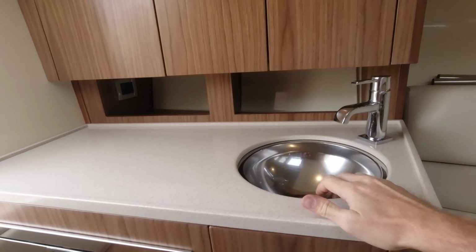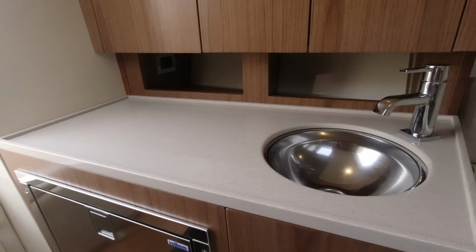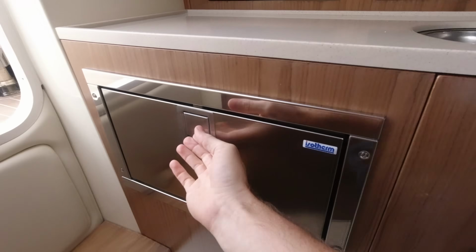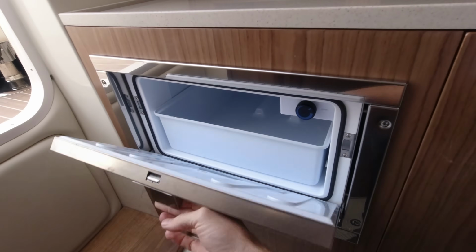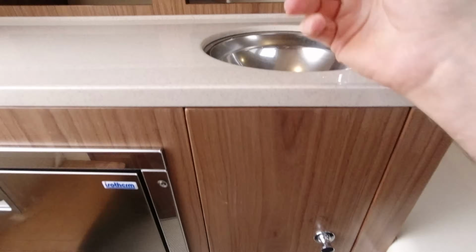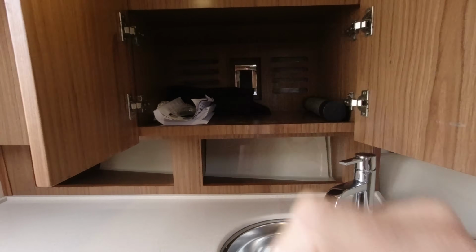But we've got a good sized single bowl stainless sink. We've got 132 litres of water capacity on here, so plenty to run the toilet, the deck shower and the sink in here. Again, a second Isotherm refrigerator drawer. We've got storage in the galley here. We've got some cupboards up top. 2-pin EU socket up there that will work on the